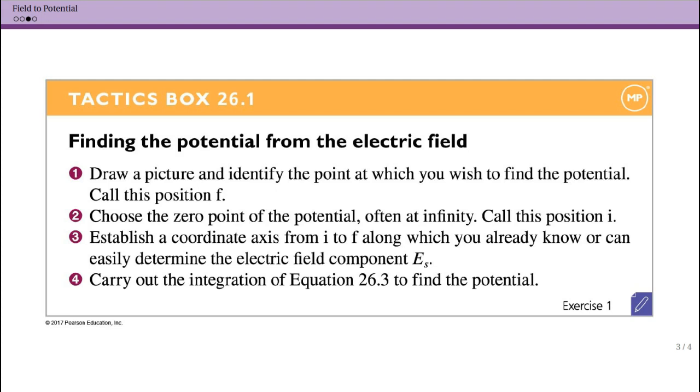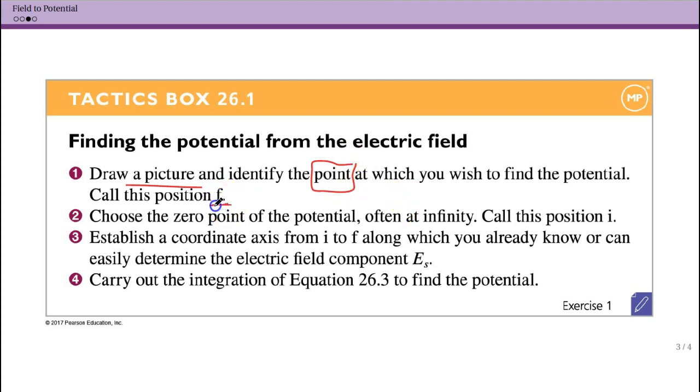So tactics. How do we actually go about finding the potential from the electric field? Well, in general, draw a picture. And we're going to do a quick example of this after this. So if you actually know the electric field, that's how we're going to do this. Obviously, we have some different ways of determining the electric potential directly. So this is assuming that we have some complicated scenario. Identify the points, defined in a general coordinate system, but